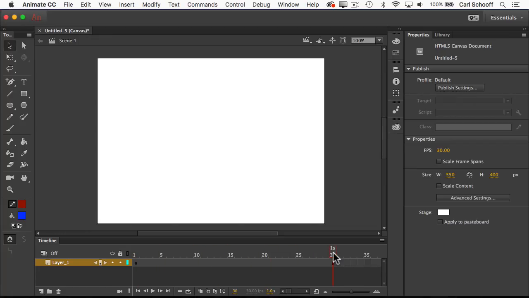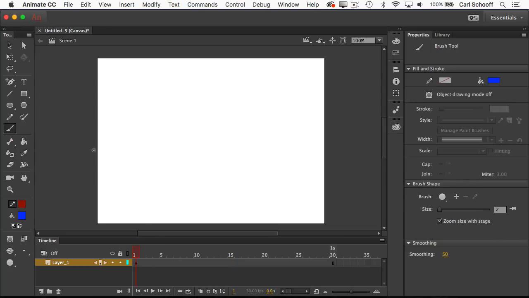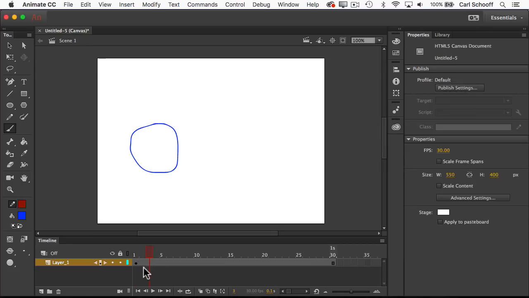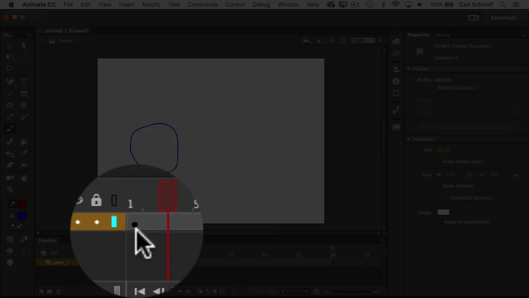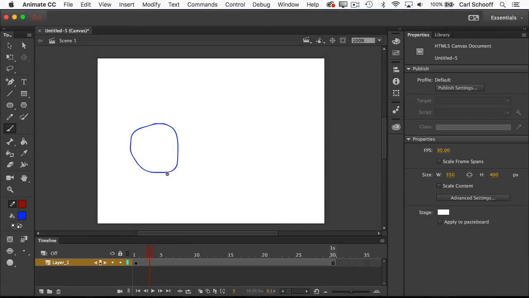Now that we've established that I have 30 frames in my movie, and the first frame is a blank keyframe, I'm going to go back to frame 1, and I'm just going to take my brush tool and draw a circle on the stage, really rough, okay? So in frame 1, I've drawn a circle. It's hard to tell because the playhead's going through that frame, but I'm going to go forward, and now you'll see that we have a black circle there, and that means that I have a keyframe that has some content